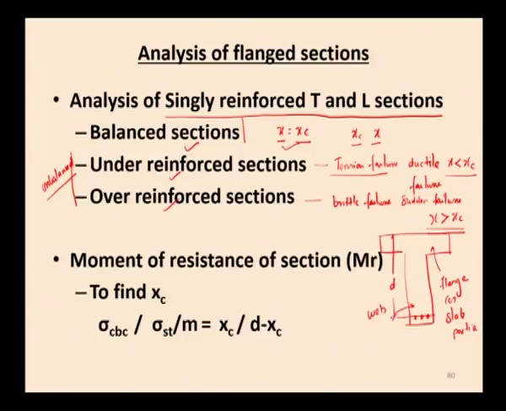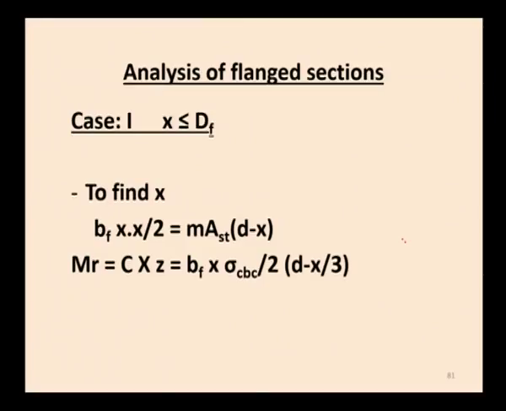Now, how to find the moment of resistance of the T beam? Here there are two cases. When the neutral axis lies inside the flange, what will be the moment of resistance of the beam? That is case 1, x is less than or equal to df. It means that the neutral axis lies within the flange